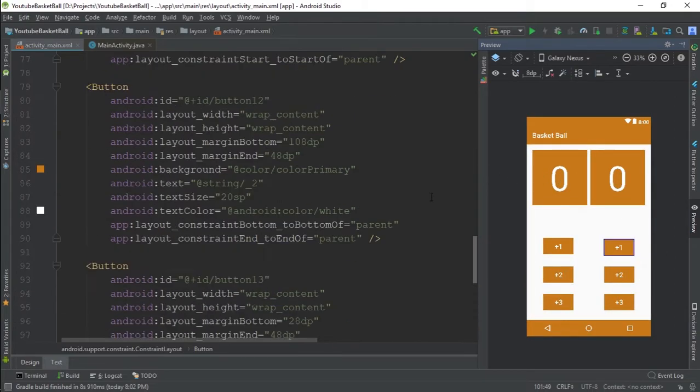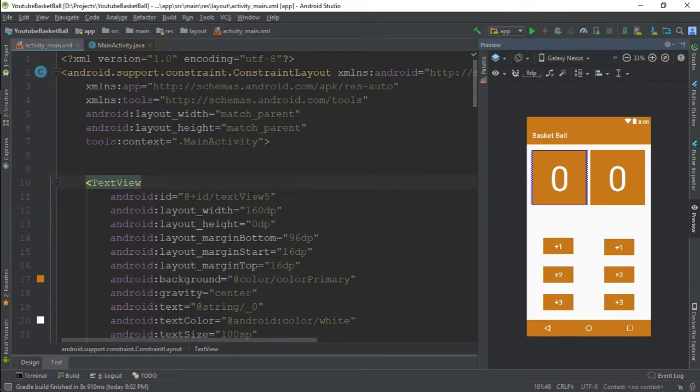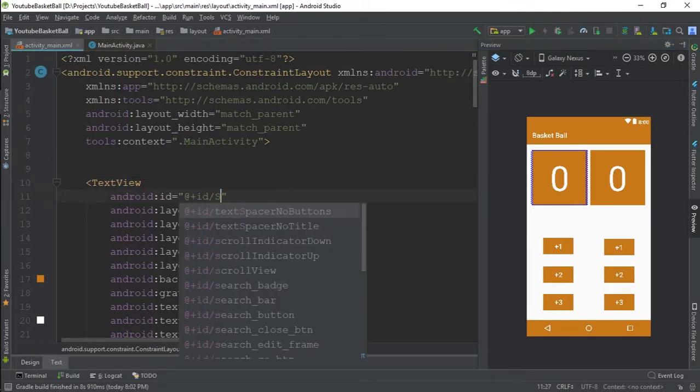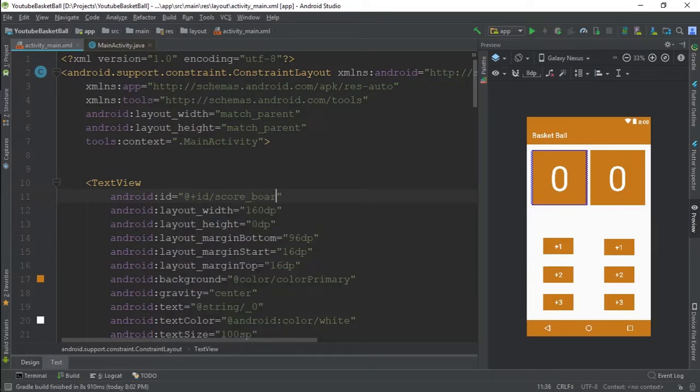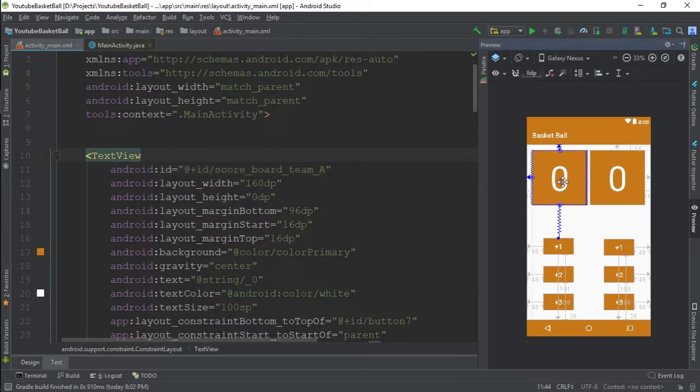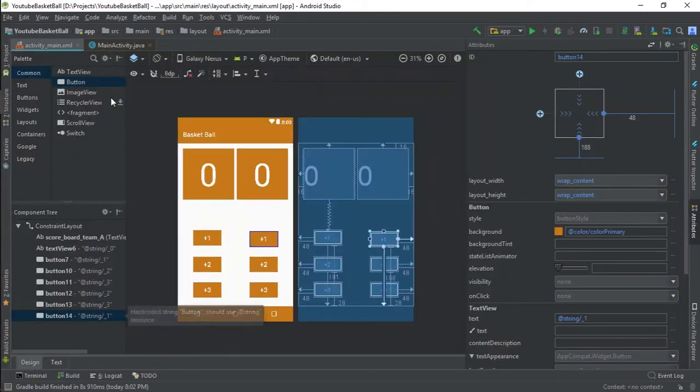So let's change the IDs of the text view. Let it be score, scoreboard team A. Okay, this is for team A. One thing we forgot here is we need to add the score for team A and the text for it, so we can add a text view for them. Here it should be,